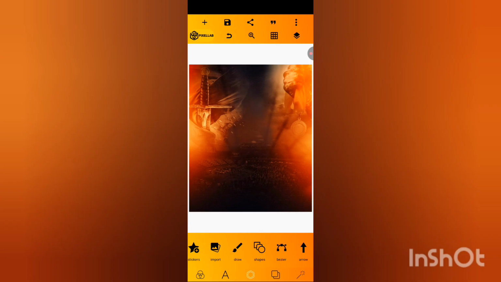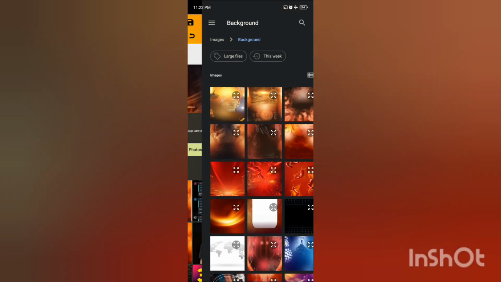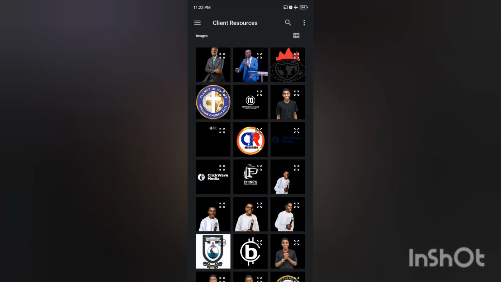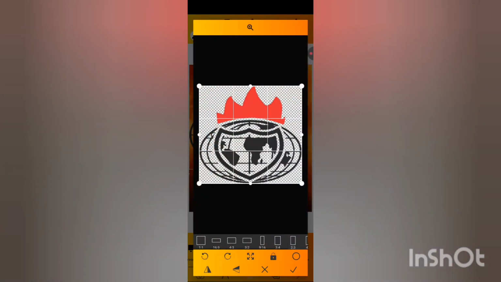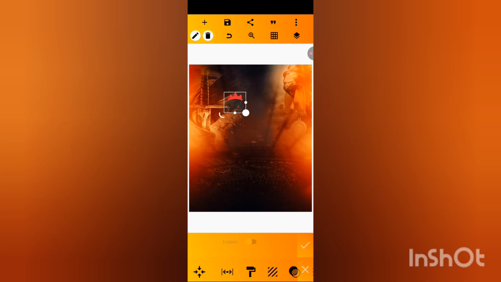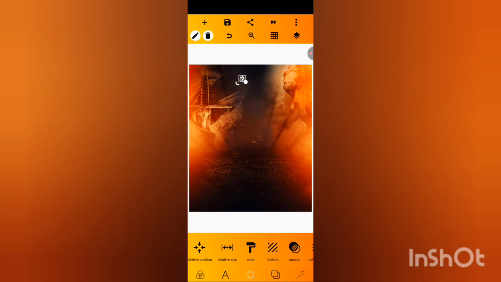Now, what do we want to do now? We want to add the name of the church. Okay, let's bring in our logo. Okay. Now we are just going to decrease it. You come to colors, you change the color to white, and so you can just decrease it and just place it here. Then you add text,